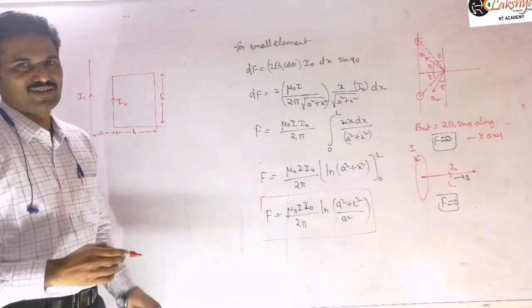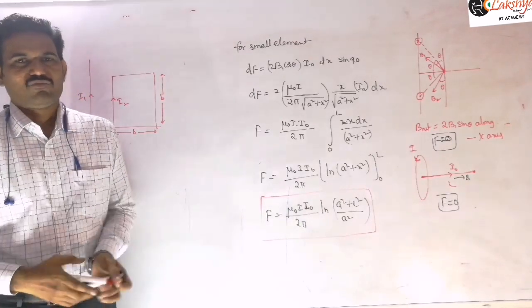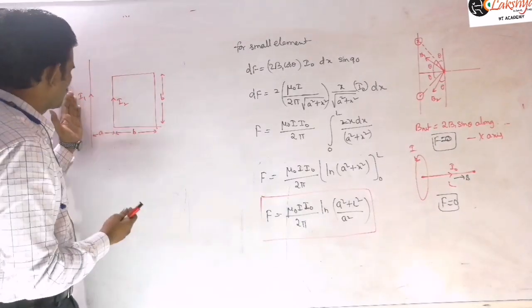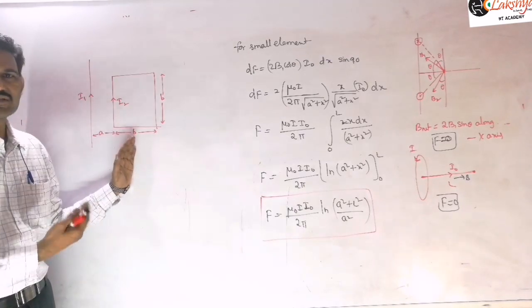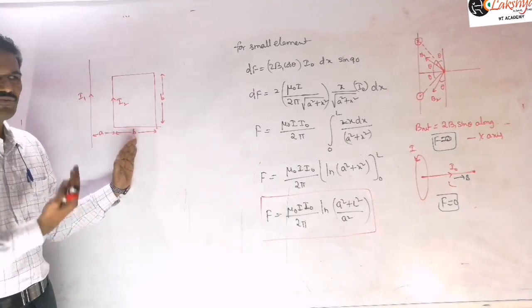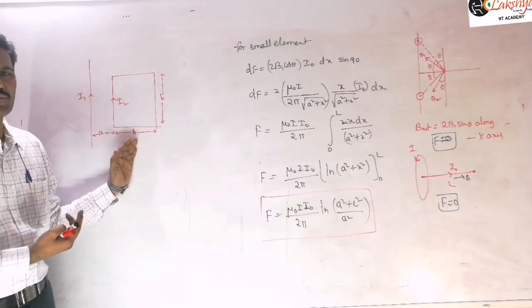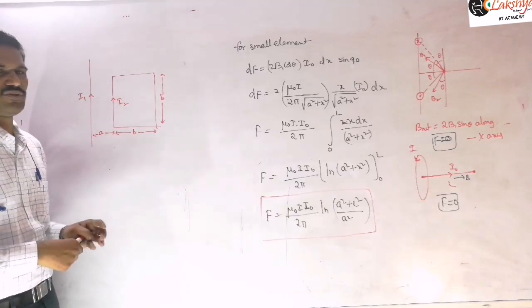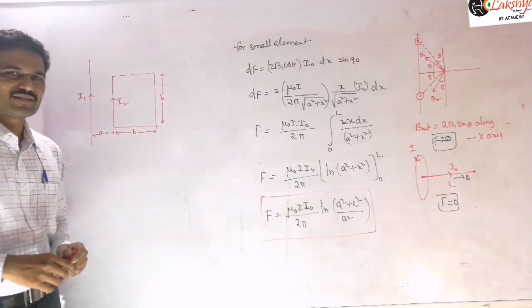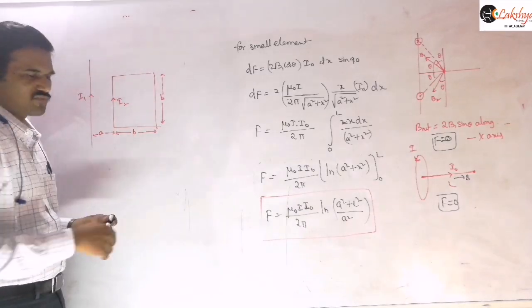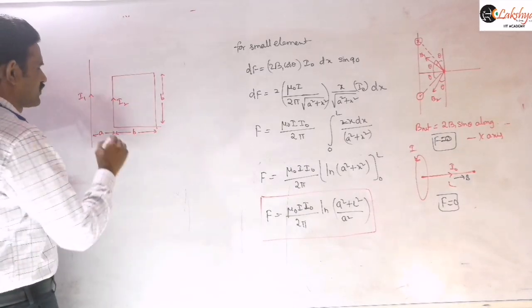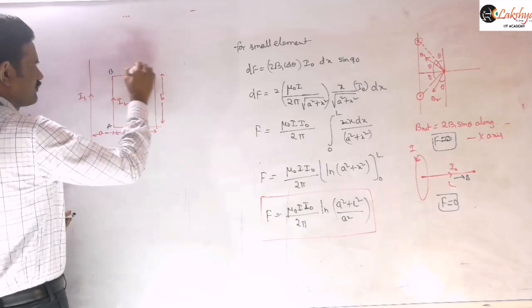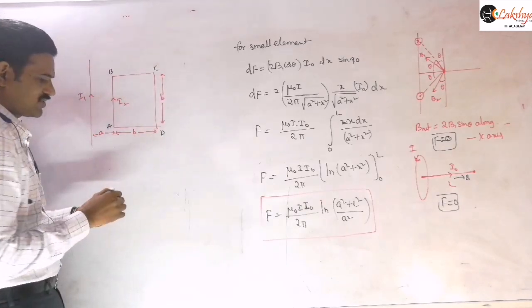And first of all in this they will ask a theoretical question here. Suppose this wire is fixed here and this square loop is free to move, whether it moves towards the wire or away from the wire. That is the first theoretical question related to this. So you should answer by each side of this square. Suppose I am naming this as A, B, C, D. This is a square frame I am taking here.